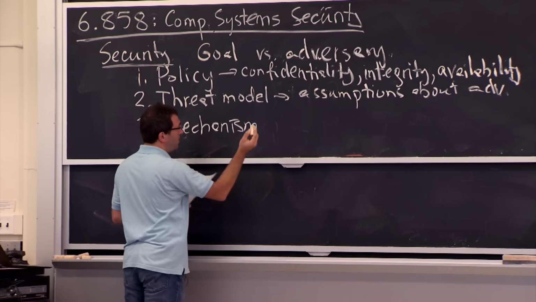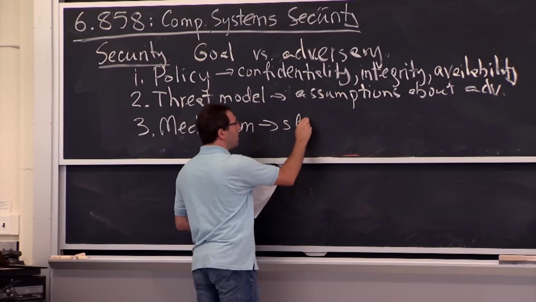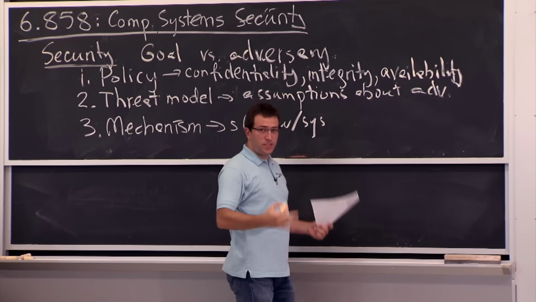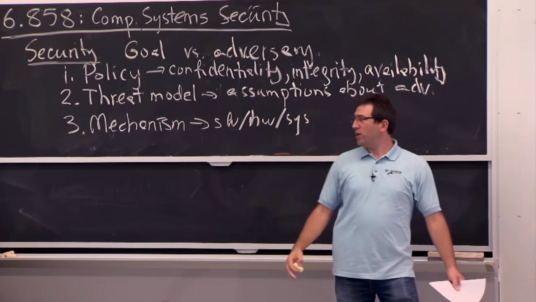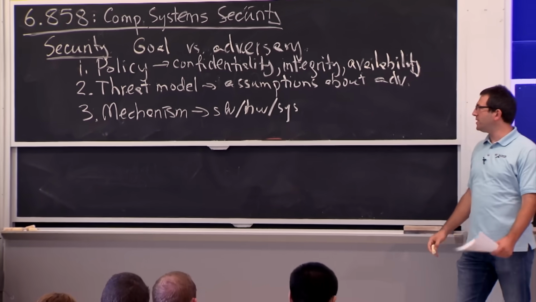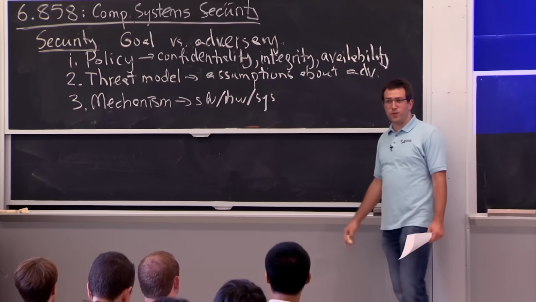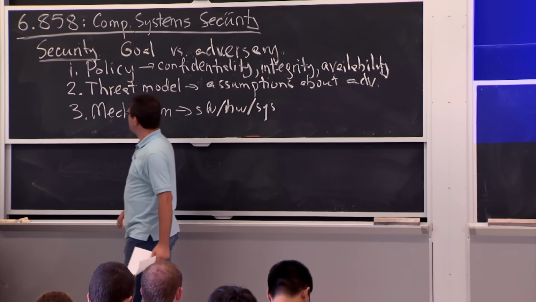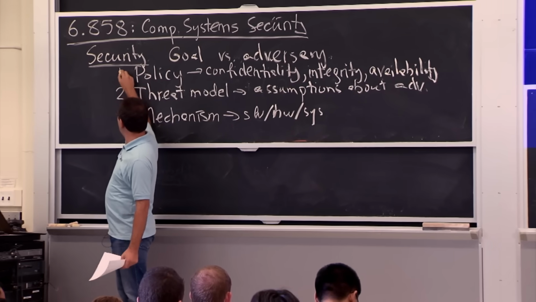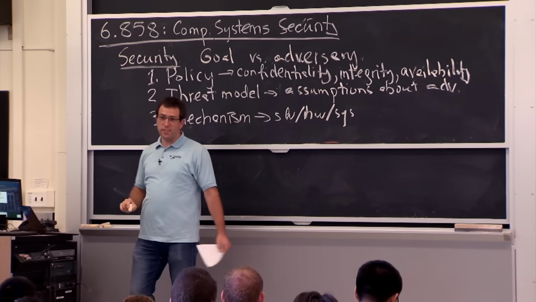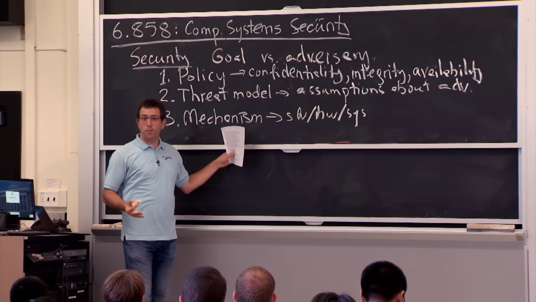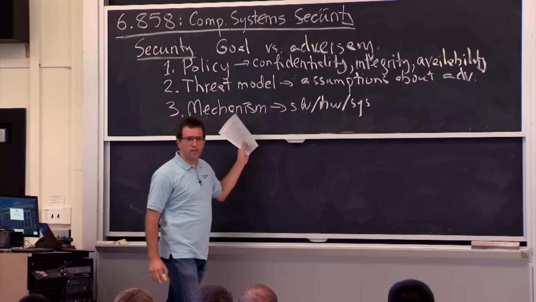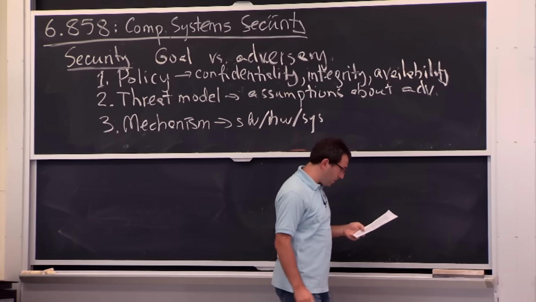And this is basically the software or hardware or whatever part of system design and implementation that's going to try to make sure our policy is followed as long as the bad guy follows the threat model. So the end result is that as long as our threat model was correct, hopefully we'll satisfy our policy. And it has to be the case that the mechanism doesn't screw up. Make sense? Fairly high-level story about how to think about this kind of stuff.